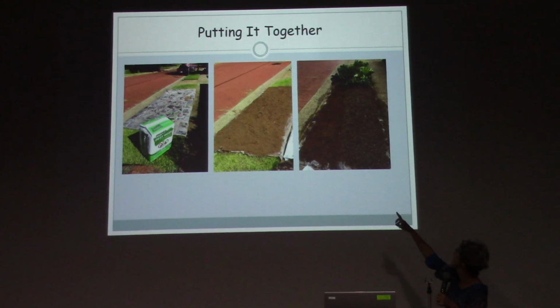So this is peat moss here, and this is nice where we had composted soil there a lot. And so I did newspaper, peat moss, composted soil. Then I did peat moss, composted soil. So it was about 8 to 10 inches tall with the curb and grass. So it was big. And then after I finished that,